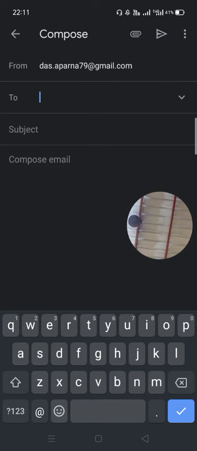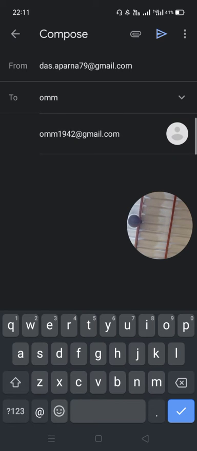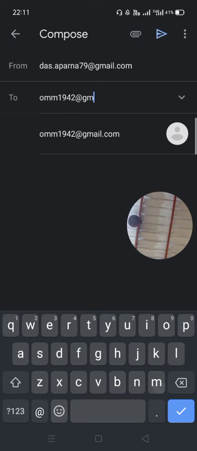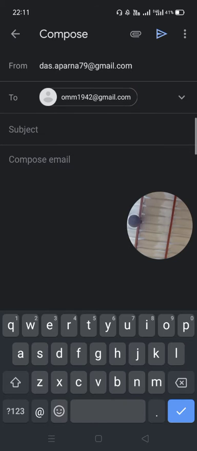Now the person or the email ID where you want to send your picture or file, you write that email ID. Just take an example. You see I have written this Gmail ID.